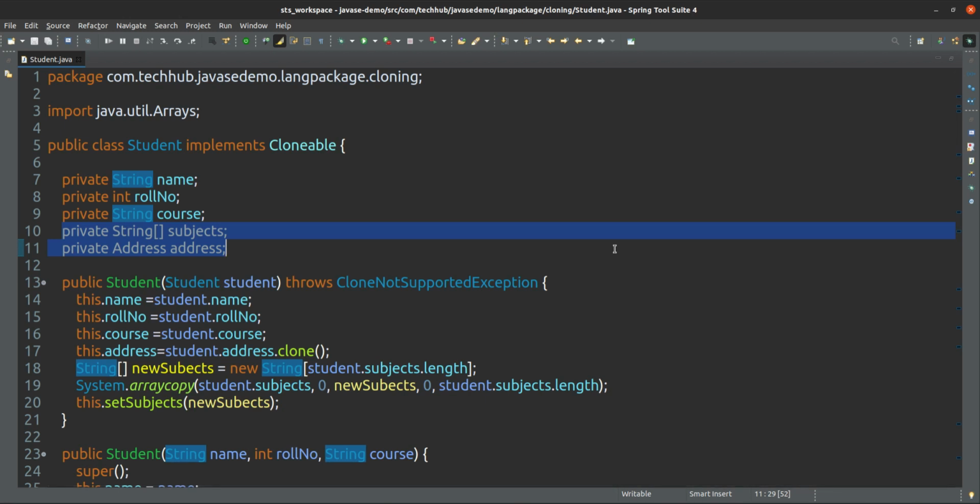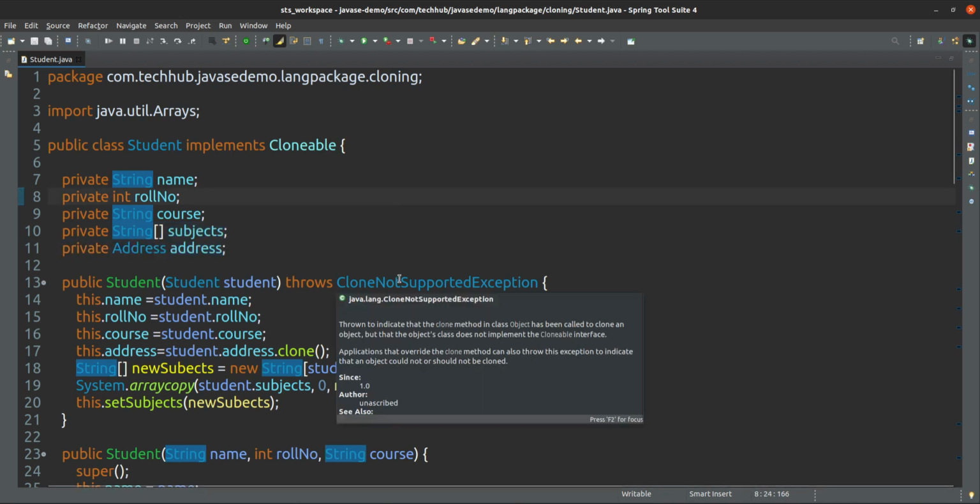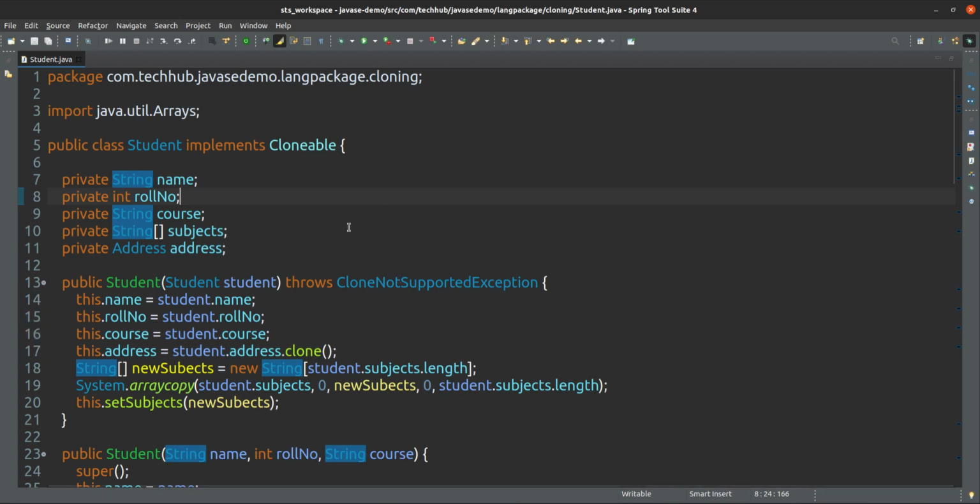One is Address, another one is a String array, so you have to clone these also, but they will not be cloned by default. Only the simple assignment statement is just executed. It is not cloning actually by default.